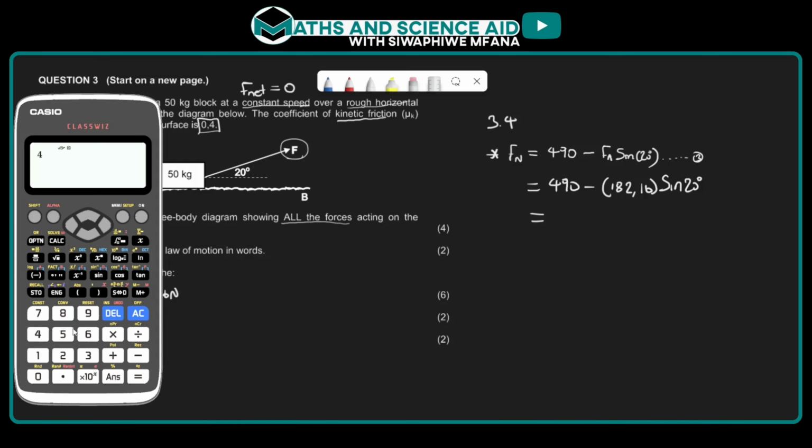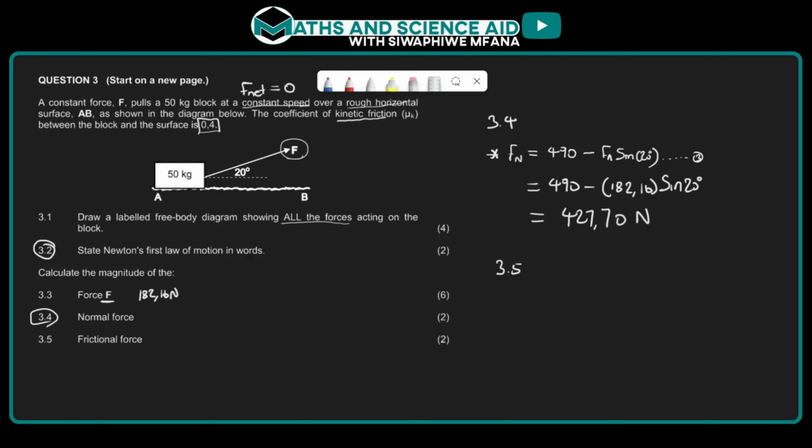and 490 minus 182,16 sine of 20 degrees. And so this is 427,7. So we can write this as 427,7 newtons, or 70 newtons. Okay, so this would be the magnitude of the normal force, which then brings us to 3.5, whereby we are